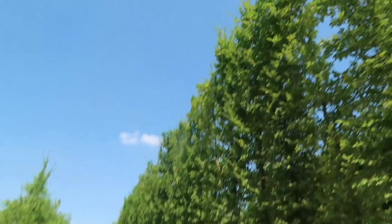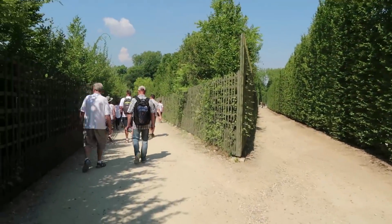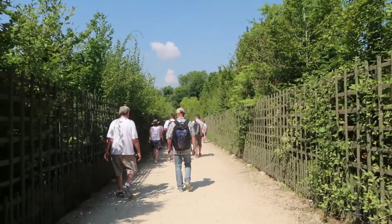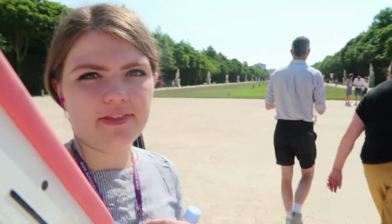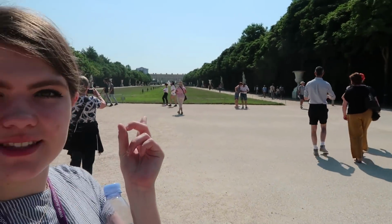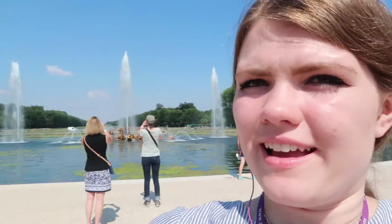Yeah, that would be a lot of upkeep that I wouldn't want to do, but I guess they had a lot of servants and gardeners. Okay guys, so we found our way out of the maze and this is where we were before. We were at the palace and now we made it to the other side,